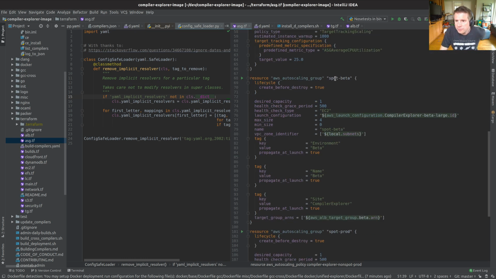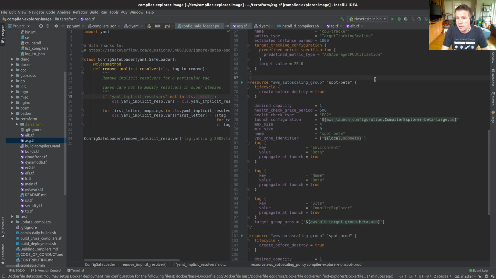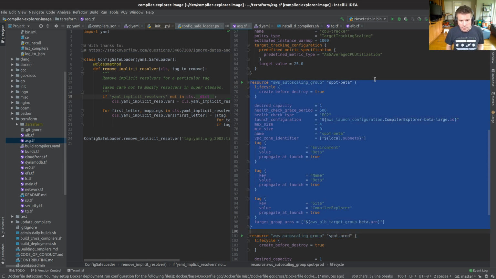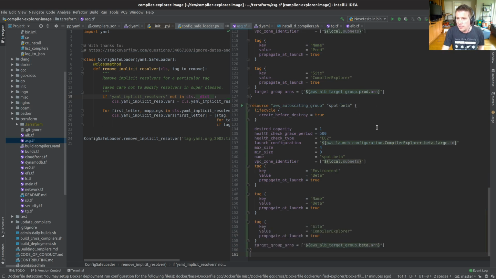And there's the beta site. And again, it's an auto scaling group only because of the convenience of doing it this way, and having everything be configured through the same mechanism. And then this is the spot instance for prod. So I'm going to need something like spot staging, and I'm going to use spot pricing at least for now. I don't see any reason not to. So we're going to call this spot staging.